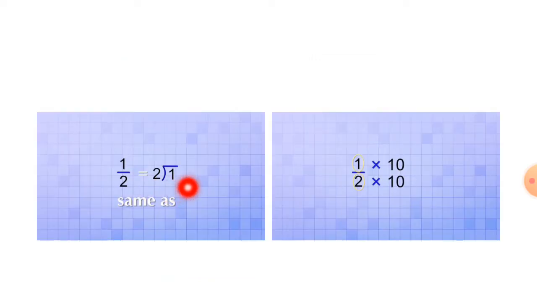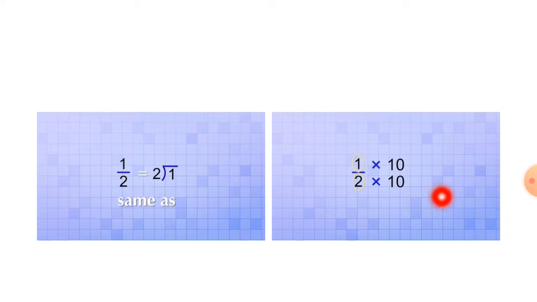How? Let's go with an example. You can see that there is 1 over 2. You can write it as 1 divided by 2, which is the same. They are equal. If we multiply by 10, suppose the numerator 1 is multiplied by 10 and the same with the denominator 2, multiplied by 10, the answer will be 10 ones are 10,